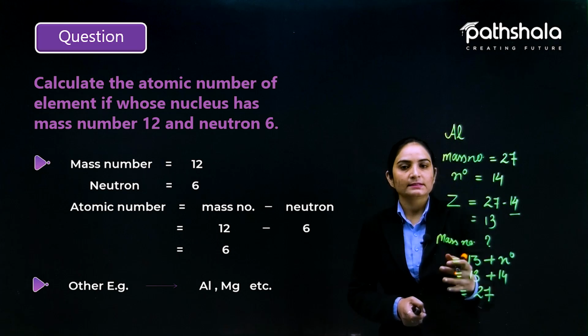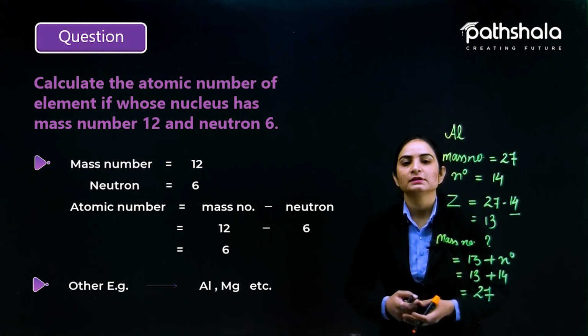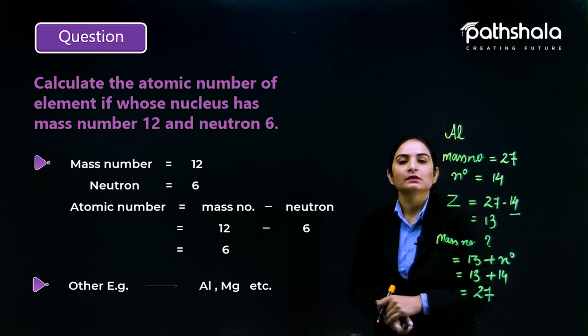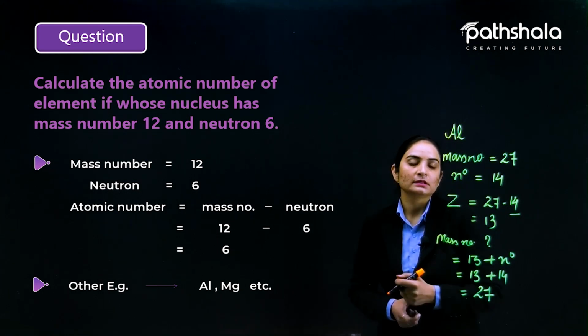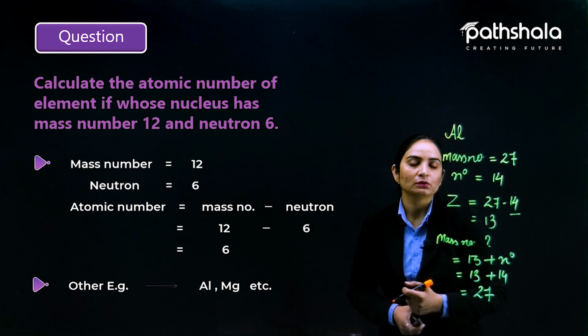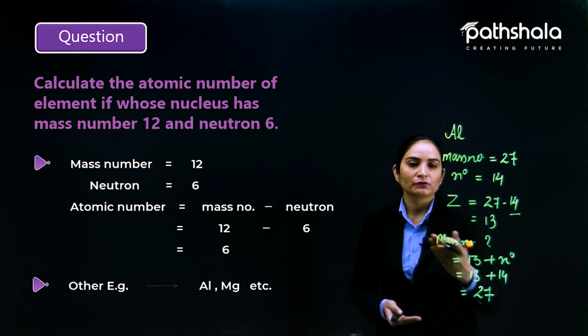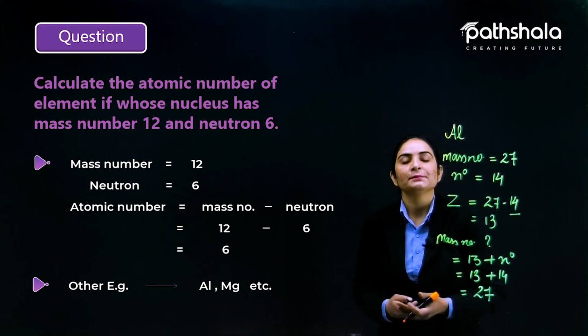So by applying these kinds of formulas, rearranging these concepts, we can get the atomic number and mass number. And you guys are going to be asked questions like this, where your data is provided to you, and you need to proceed with finding the atomic number, mass number, or number of neutrons as required. You need to apply the formula.